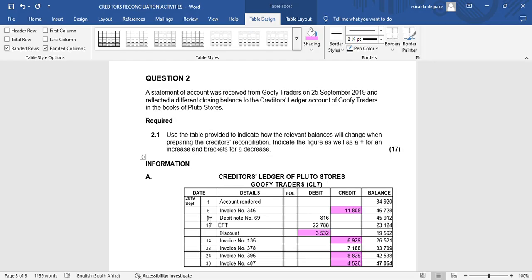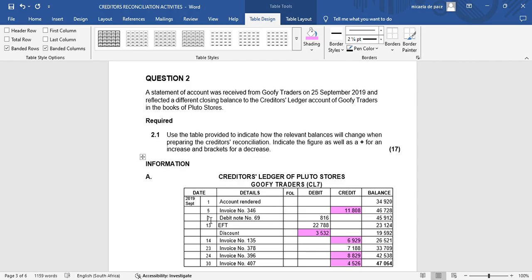Today I'm going to do a second activity on creditors reconciliation. The question reads: a statement of account was received from Goofy Traders, reflecting a different closing balance to the creditors ledger account of Goofy Traders in the books of Pluto Stores. Then they ask you to use a table provided to indicate whether you're going to increase or decrease the